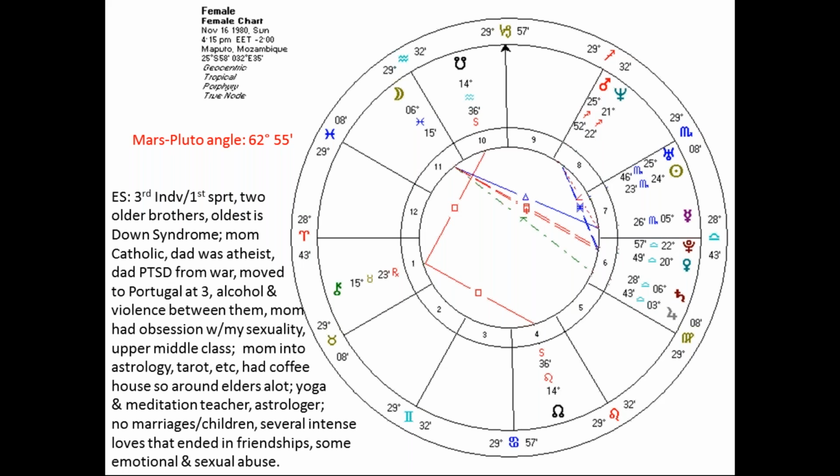Our client is a practicing astrologer. She also is a yoga and meditation teacher, and mother is very interested in that work with her. Father has been deceased. The environmental conditionings that I did not get in here was that this female volunteer